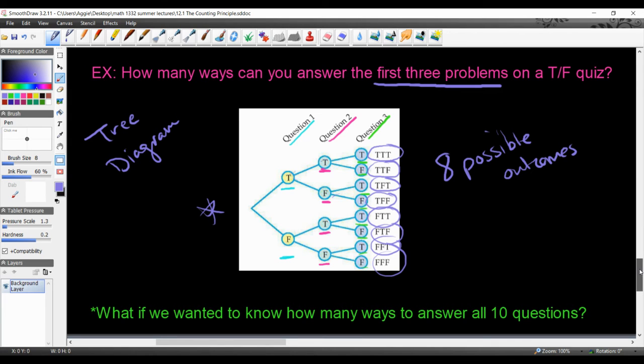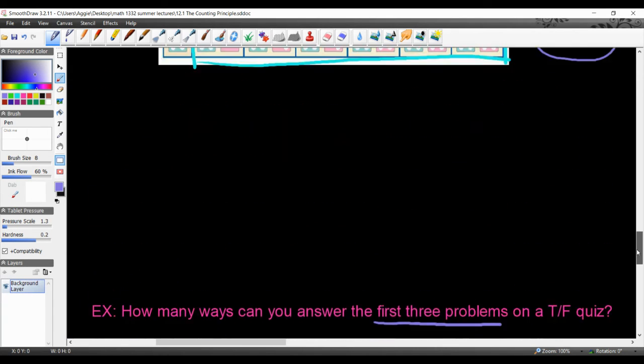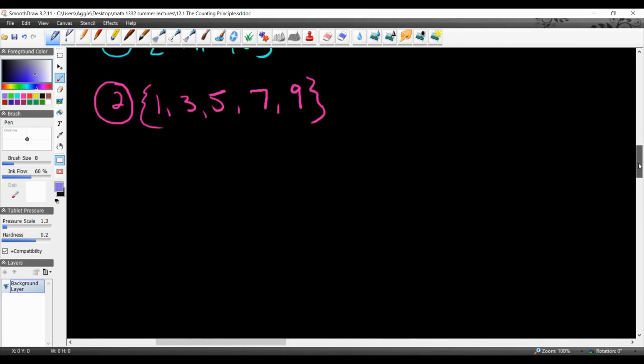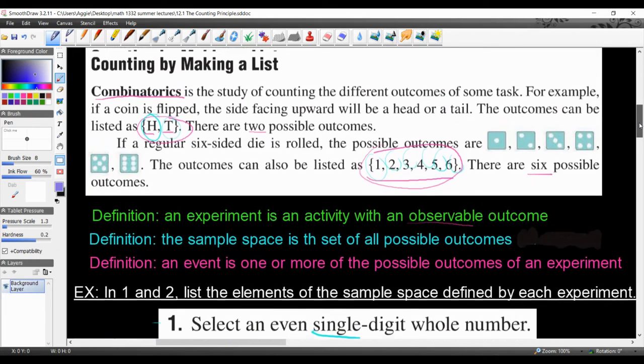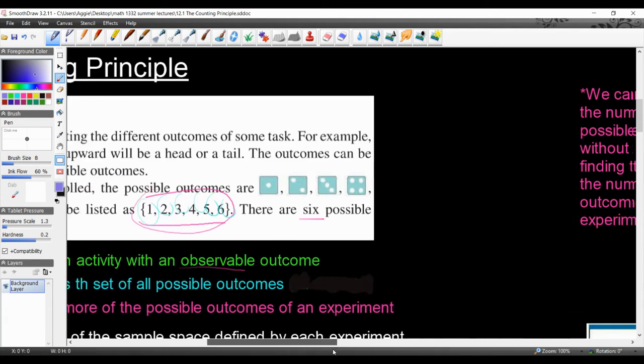So this is what we're going to be addressing for the rest of the video, something called the counting principle that makes this whole thing way easier, hopefully, and you don't have to draw so many pictures. If you want to keep on drawing the pictures, by all means, if you have the time, go ahead. Okay, so we're going to move on to what this unit is actually about, the counting